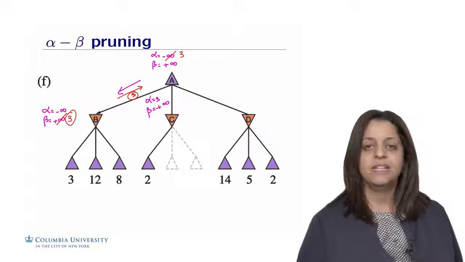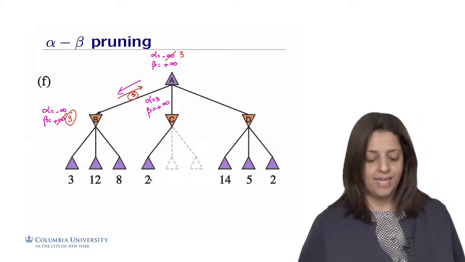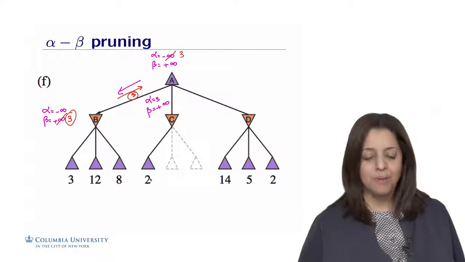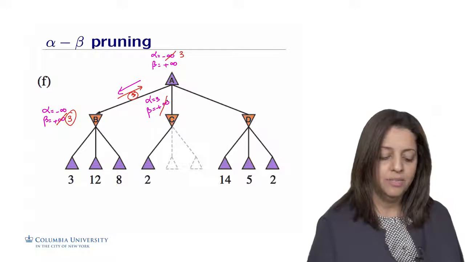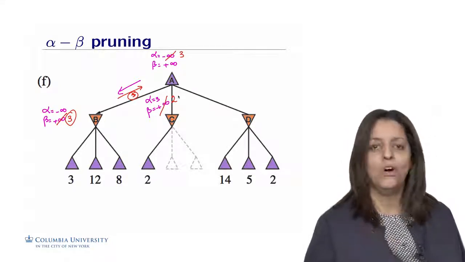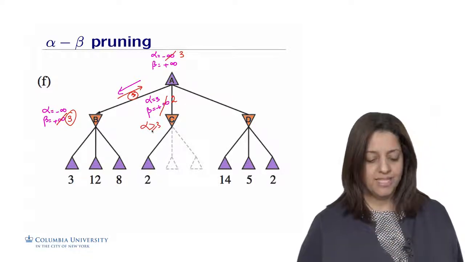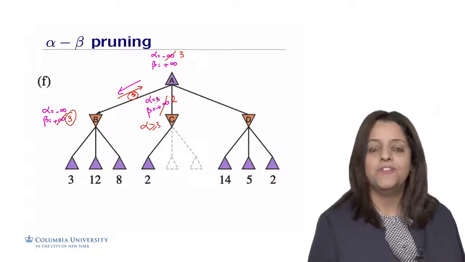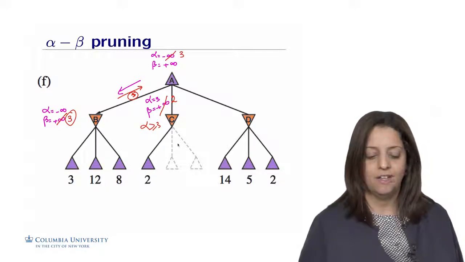Then the min will start exploring its children. The first child is 2, so B will say, okay, I found a smaller value than plus infinity, so I'm going to change my beta to 2. Which makes, in this case, alpha bigger or equal than beta, the alpha-beta cut, which means that we are not going to find anything better than 3 in any subsequent children of the min